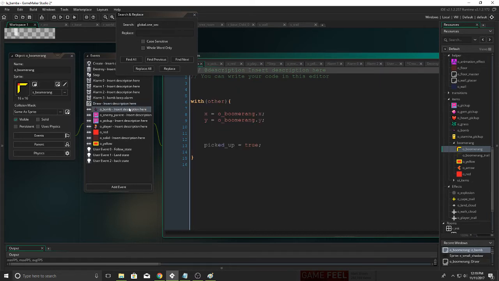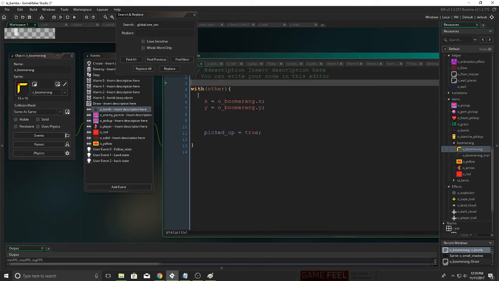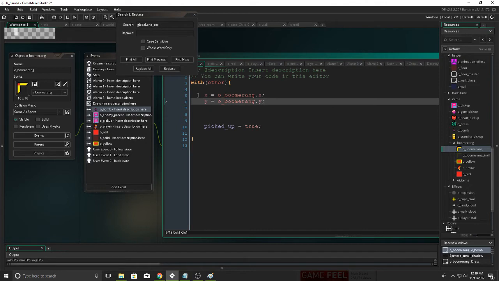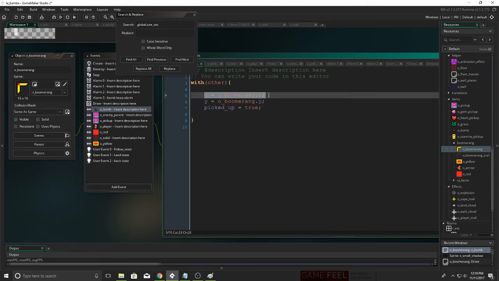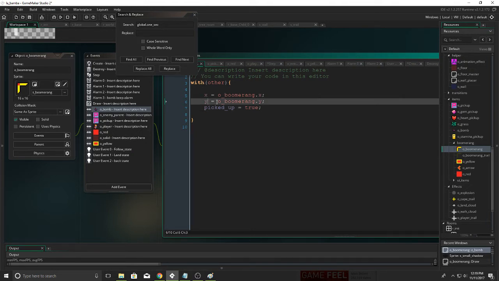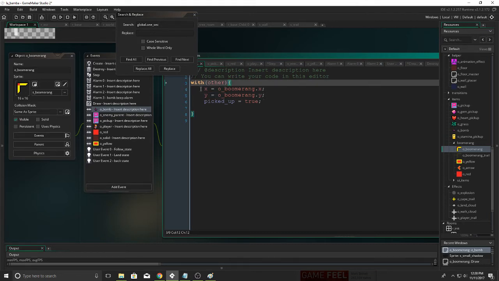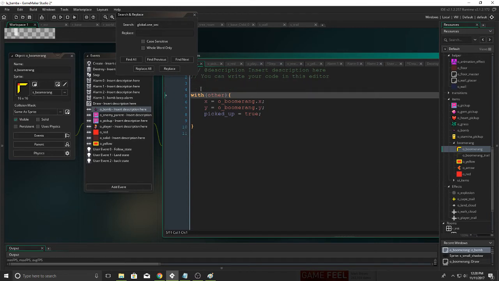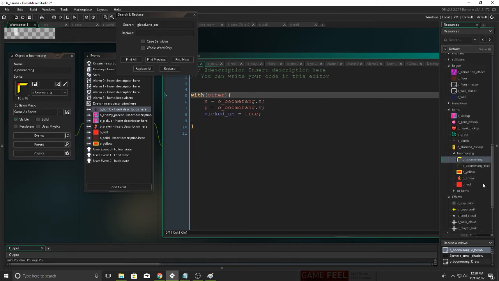All right. Then we're getting to the fun stuff. In order to get the bombs to follow the boomerang, it's super simple. We set x equal to boomerang.x, and y equals boomerang.y. Since we're using the other command, this code is going to be run in the bomb state, so the bomb is continuously going to be following the boomerang. And for this picked up variable that I have, what it does